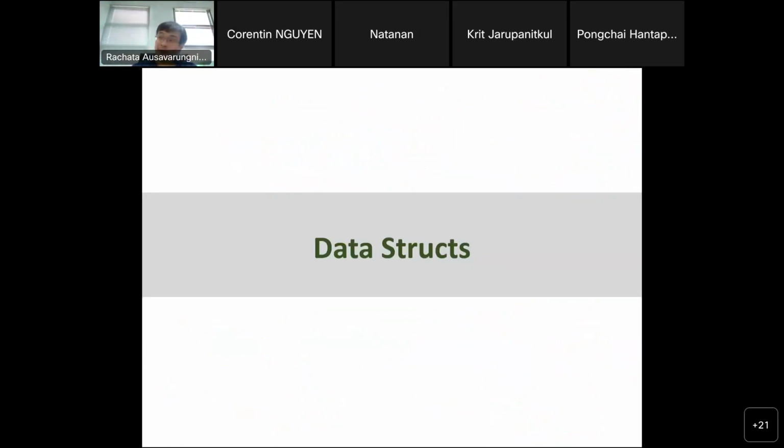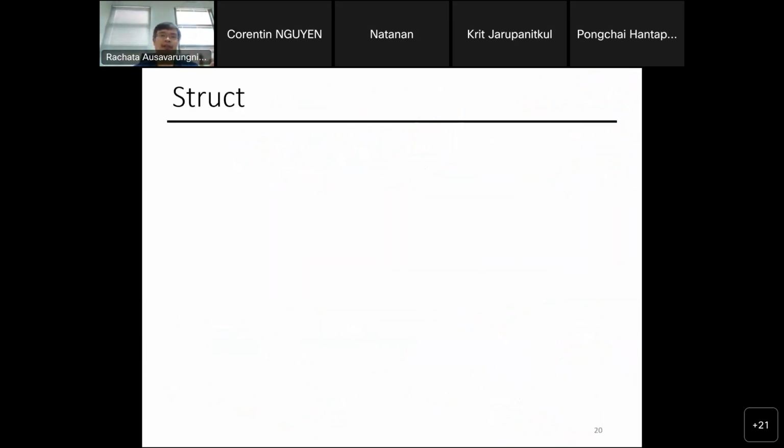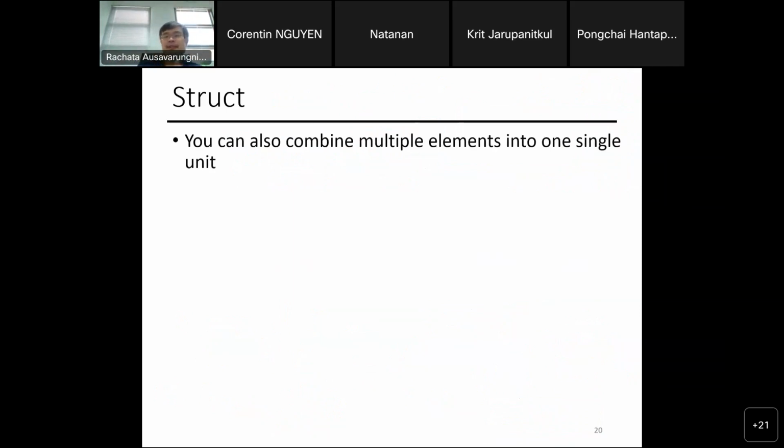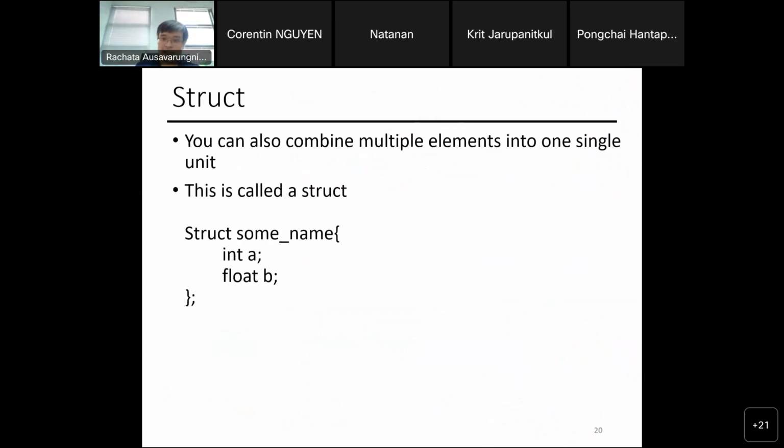So before we take a break, let's talk about struct real quick. Let's say you want to combine multiple types of data. For example, I want an int and a floating point. You can use a struct in order to build this particular type of data.